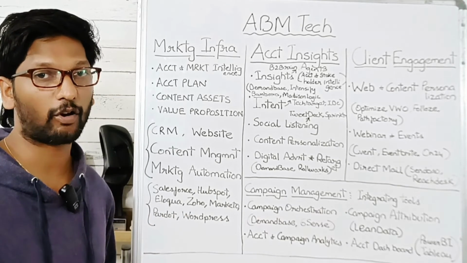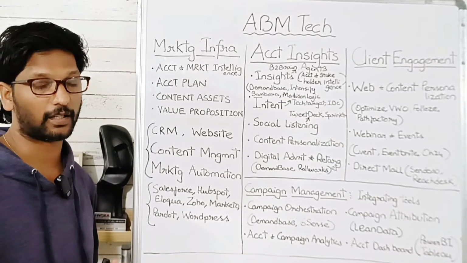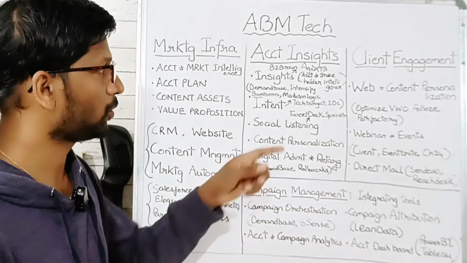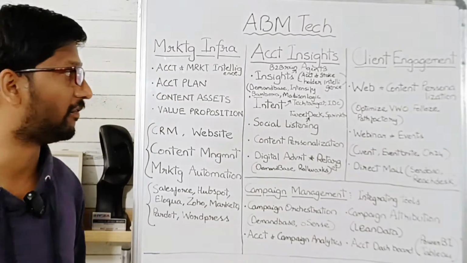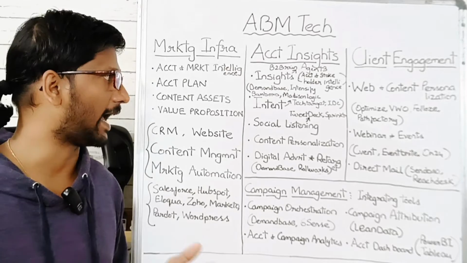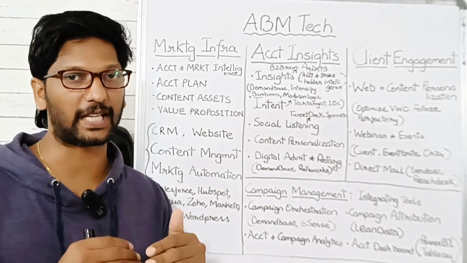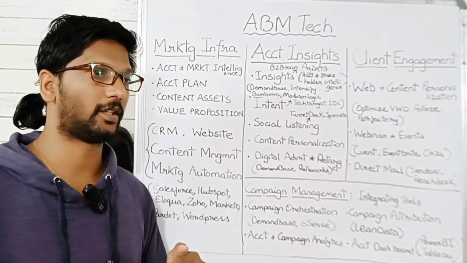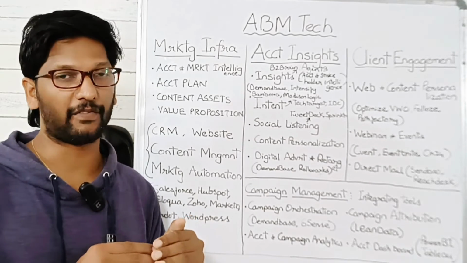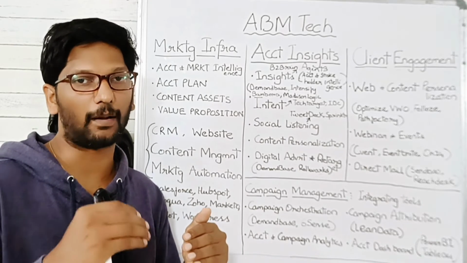There are a lot of account based advertising platforms where you can target your specific accounts and also do retargeting as well. When it comes to client engagement, you have web and content personalization, webinar and events, direct mail. Web and content personalization, when it comes to website visitors, there are multiple ways of personalizing. One, reverse IP lookup will make them understand what kind of industry, what kind of company they are coming from,